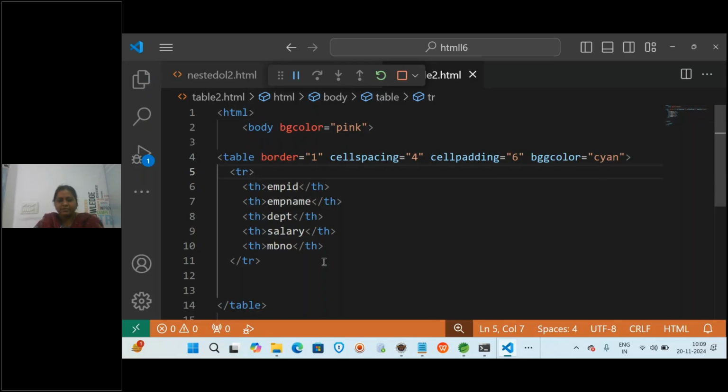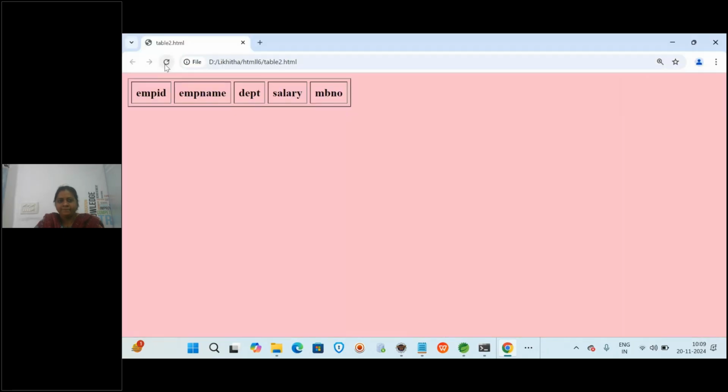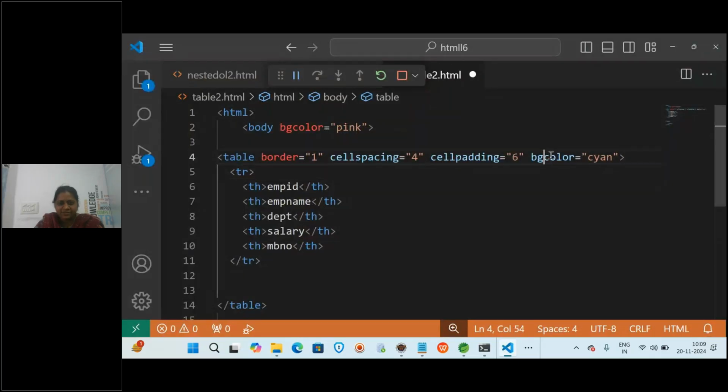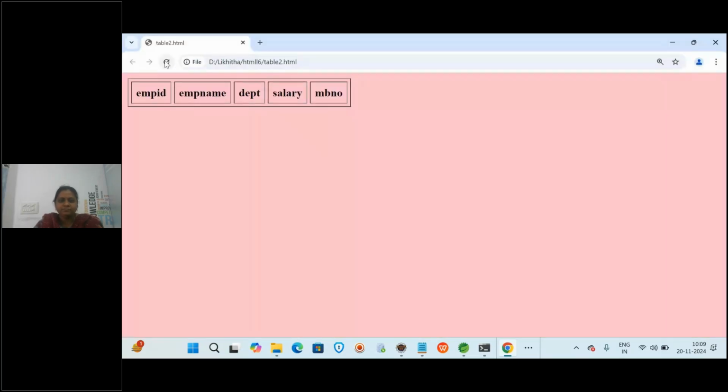I'm going to run it. It's not applied still. Okay, spelling was wrong. Bgcolor. Table color changed. If you apply it to body, it will apply to the complete body of the page. If you give it for the table, it will come only for the table tag.